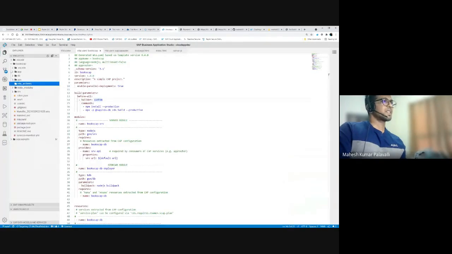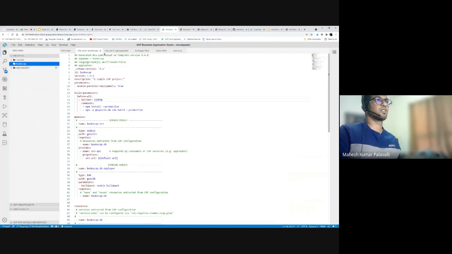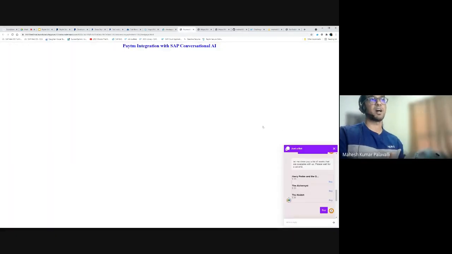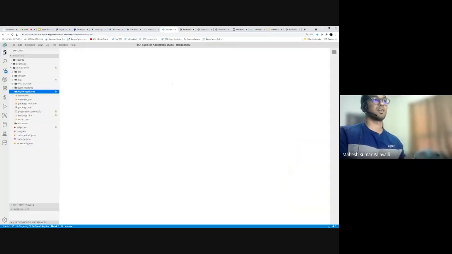So yeah, guys, that's it. We used the cloud application programming model to show the books, and we used the Node.js webhook to generate the URL and callback URL, and we used the HTML repository to show the HTML application and also to show the payment page, and that is how we integrated all